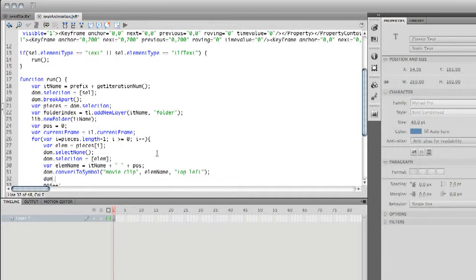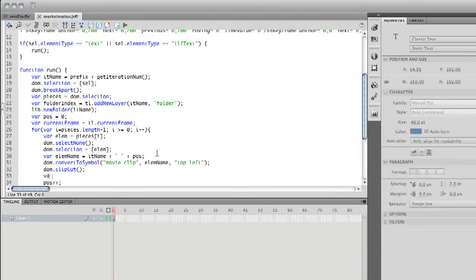So we're actually just going to cut it with this clip cut function. And then we're going to create a new layer for it and store that index. So I'm just going to call that i layer num, because I like to call things i in these loops because they're getting iterated. They're just temporary variables. So I'm going to access that timeline variable again, say add new layer, and we're going to give it, let's just give it the elem name,